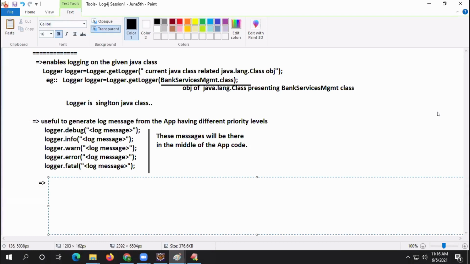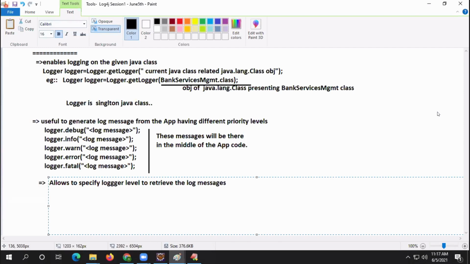Later. Allows you to specify the logger level to retrieve the log messages. To retrieve the log messages, guys.